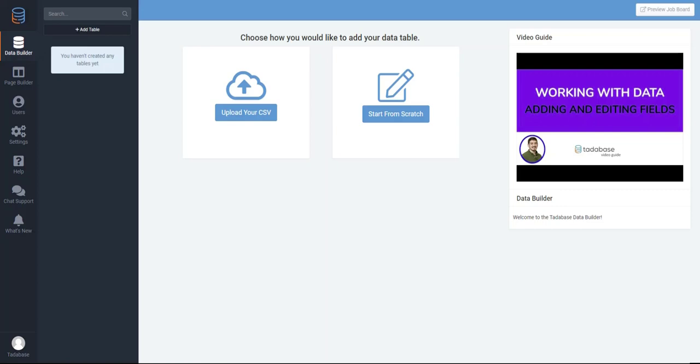But again, before we actually get started, I just want to discuss a few things about the actual builder so you can see how to work with the builder. So let's first understand what every item on this menu does so we can know how to navigate it. The first menu here is the data builder, and this is essentially where you set up the structure of your app. So for example, if you were building a job board in Excel spreadsheet, you would have your spreadsheet open,